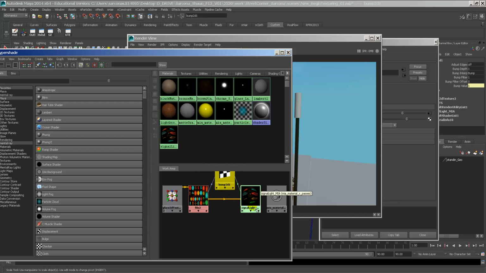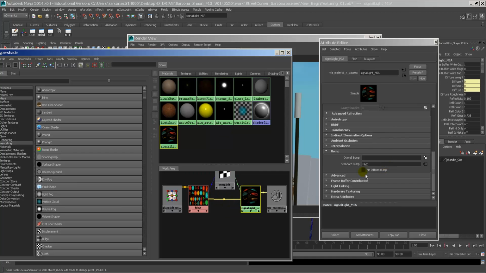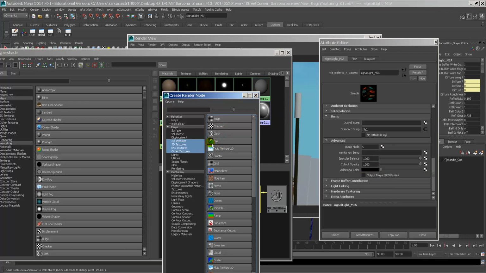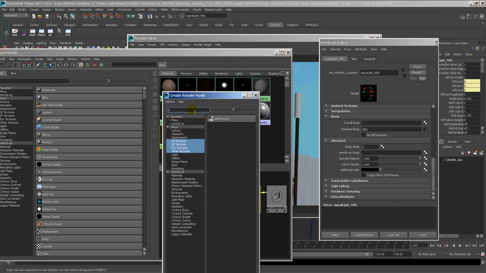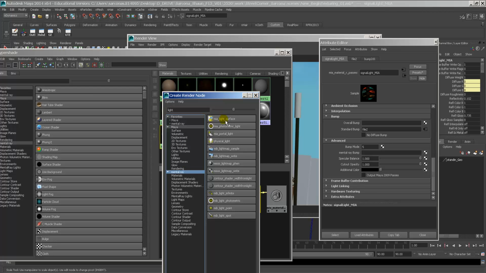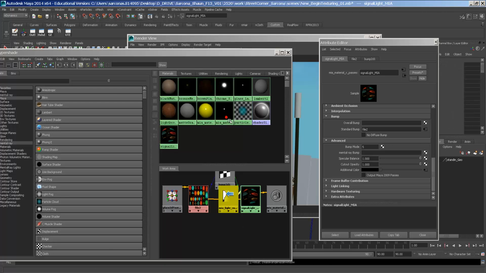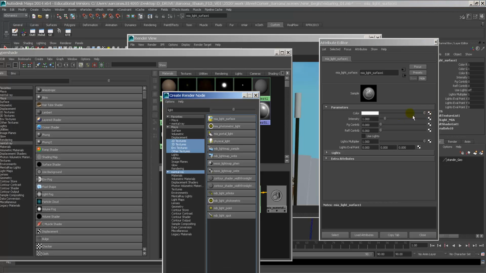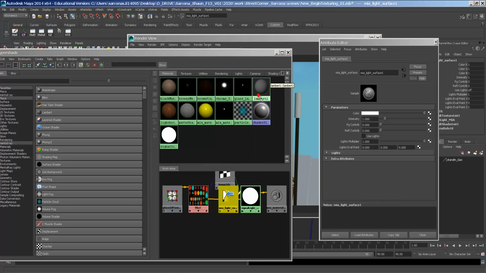So now let's say in here I want one of these guys to be lit up. I can go down to additional color, click on this, and add a light surface. Type in light, click mental ray, there's the light surface. I can just drag it into favorites. So I have it. Now for the color, if I went in here and clicked on this and added my file, or I middle dragged my file from here onto color,